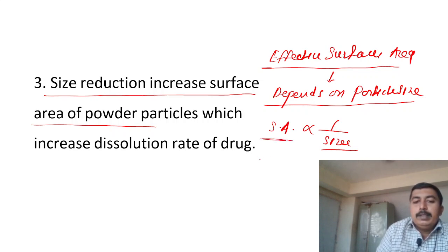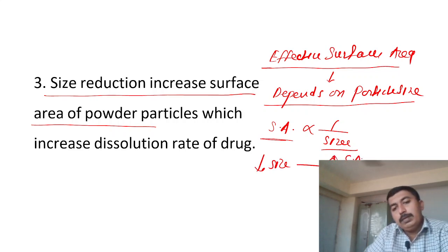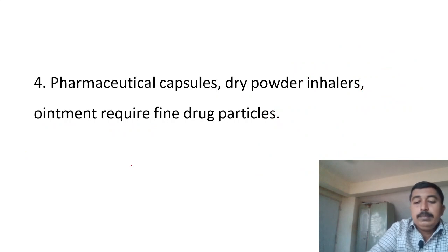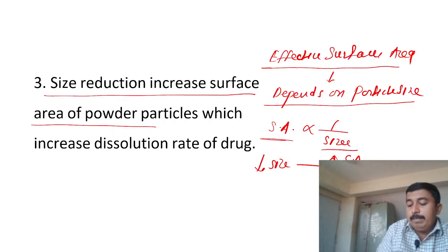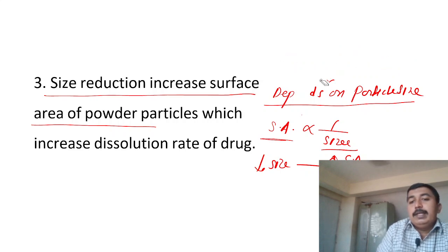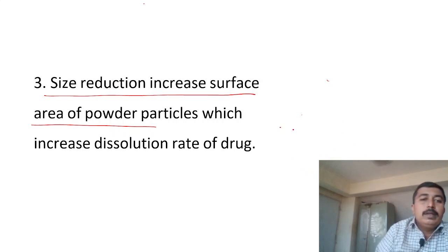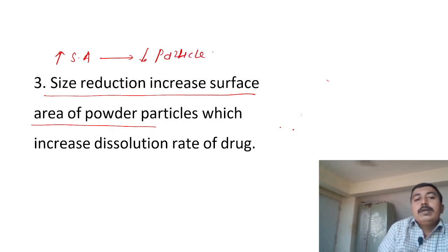That's why, if the size of the powder is less, surface area is more. And if surface area is more, we'll see with the help of an equation. Here we will see that surface area depends on size. If you have fine powder particles, then surface area is more. How will you get more surface area? By reducing particle size. If you break the powder particle, the surface area will